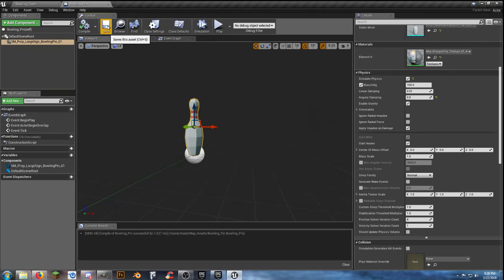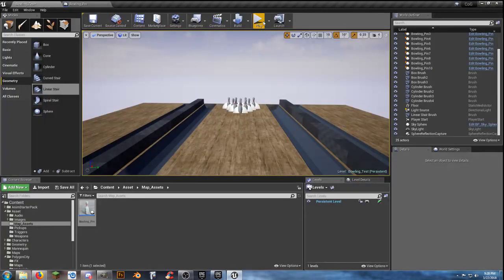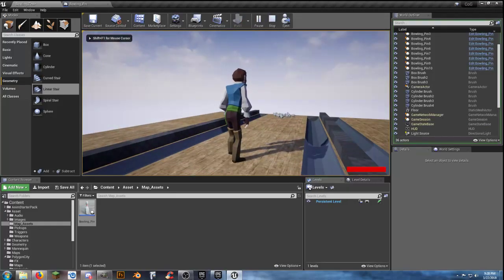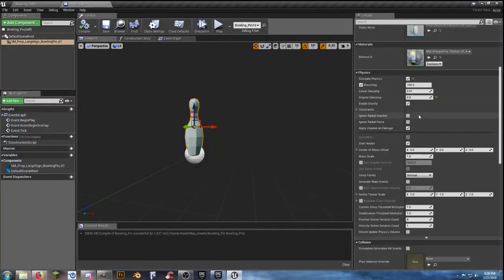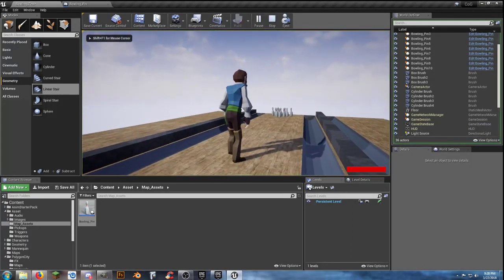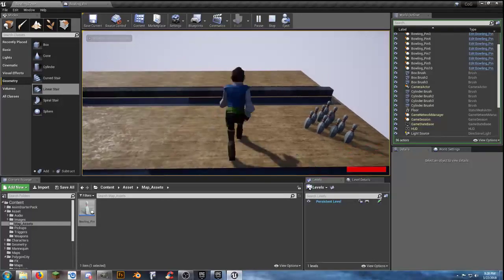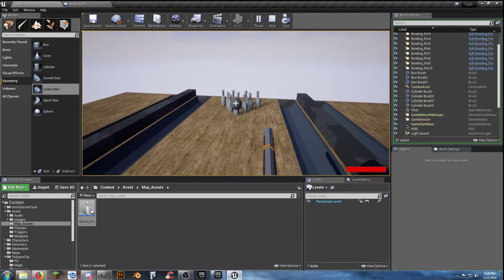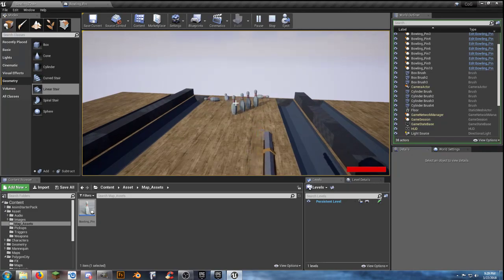Actually, there's a center of mass offset. That's one thing I definitely want to look at. Yeah, the center of mass. If I could lower the center of mass, then let's put that back to 0 again. Try center of mass Z of -50, just to see what happens. If you lower the center of gravity, they're still standing up. They still have good mass there, but